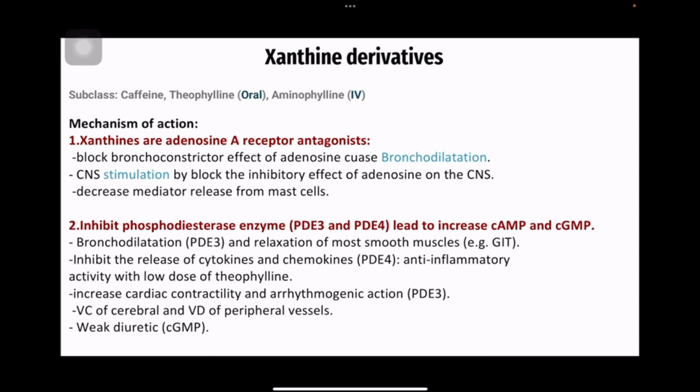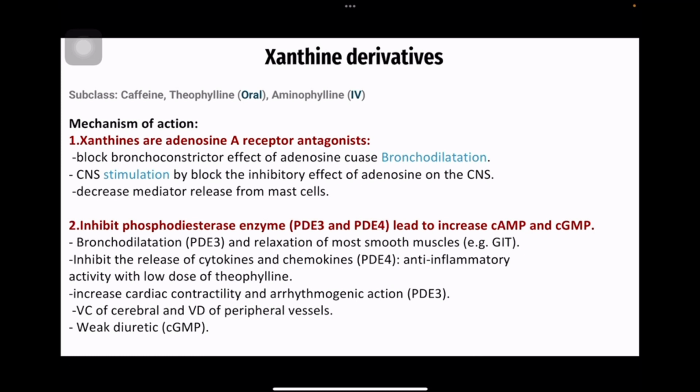Inhibition of phosphodiesterase 4 leads to inhibiting the release of cytokines and chemokines, and this acts as anti-inflammatory activity with a low dose of theophylline, and the inhibition of phosphodiesterase 3